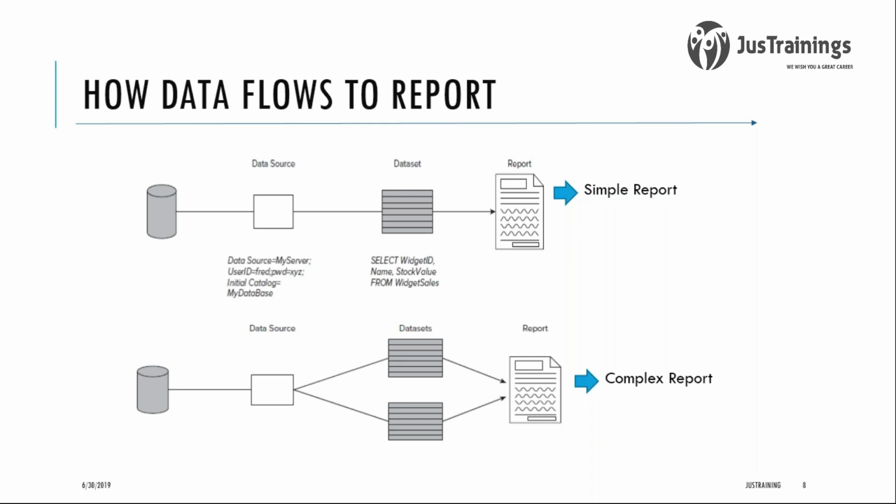So this is the first step in creating the report. We create a data source first. This data source is like establishing a connection to the database. By using a data source, we can establish a connection. This is the connection string information that we have to provide while connecting to the database. And the next step is creating a data set. If you see, select widget ID, name, stock value from the widget sales table. This is getting the required fields. You want to show all these three required fields at the reporting level. So you are writing an SQL query to get the required fields in the data set. We are writing a query against this database, and these field names we are using within the report.